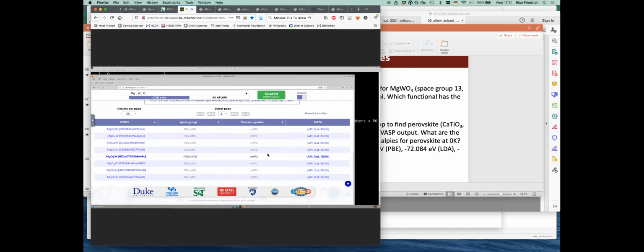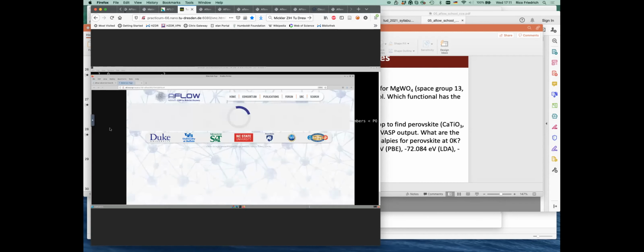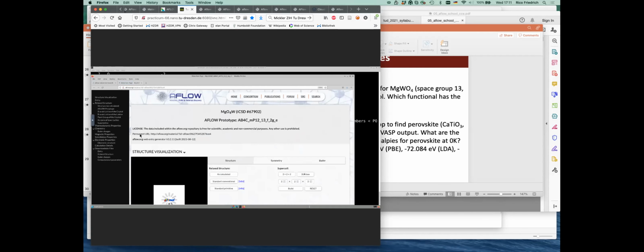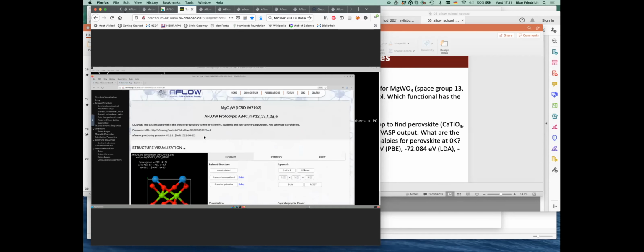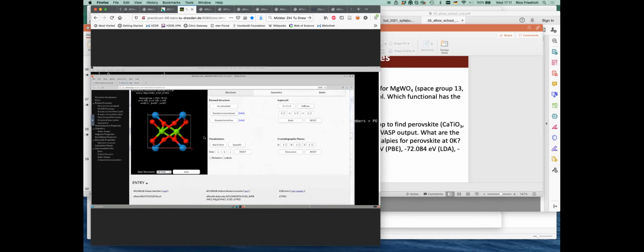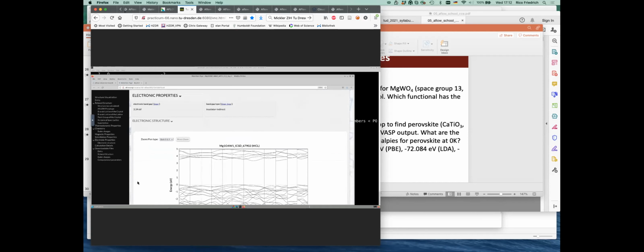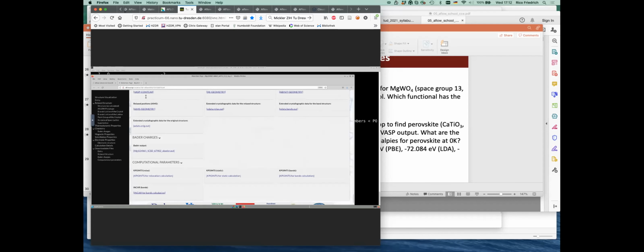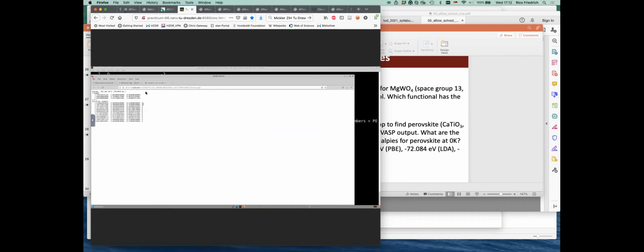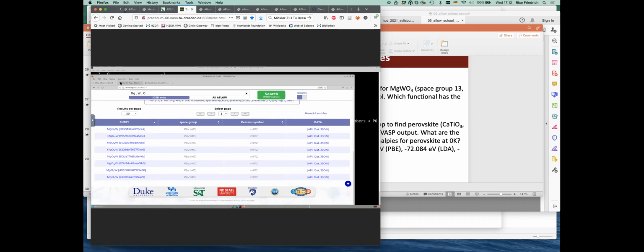Then you get a bunch of entries with all the same structural data, with the same space group and Pearson symbol, so it doesn't really matter which one we take. So let's take the first one. And then we can essentially scroll down the page. And there we are at the very bottom to get the VASP POSCAR. Then we can copy that. And if you go back